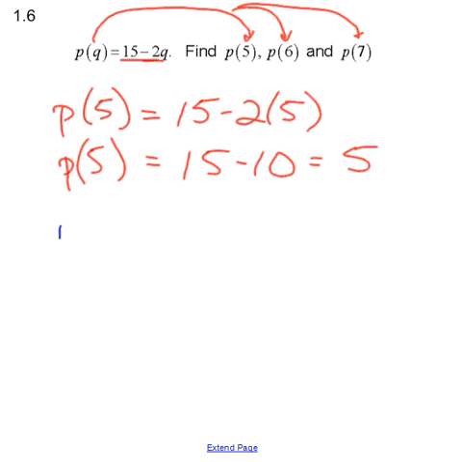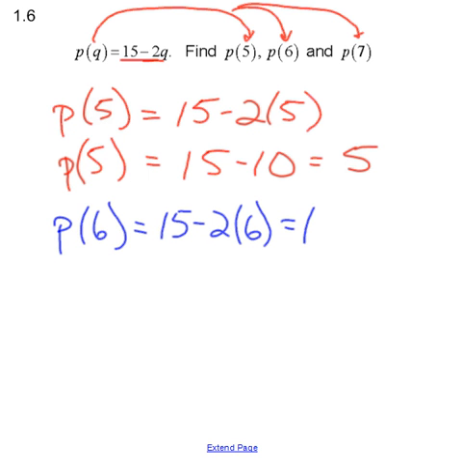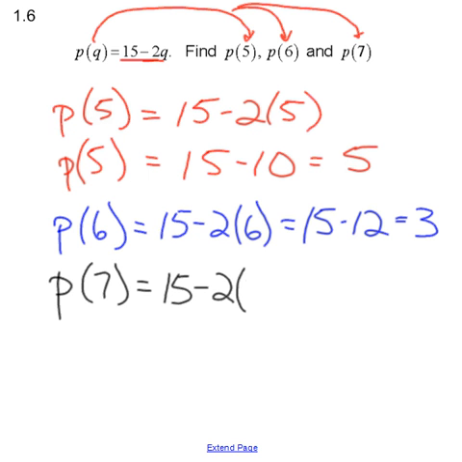So p of 6 equals 15 minus 2 times 6, which is 15 minus 12, which is, oops, not 15, that's equal to 3. And then finally p of 7 is going to be 15 minus 2 times 7,